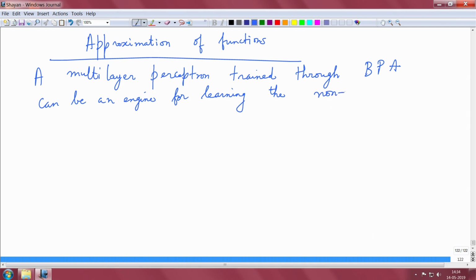And I would like to emphasize nonlinear input output mappings. Linear maps are anyway affine maps, and you can learn that using the perceptron, but this is a nonlinear input output mapping. So what it means is,